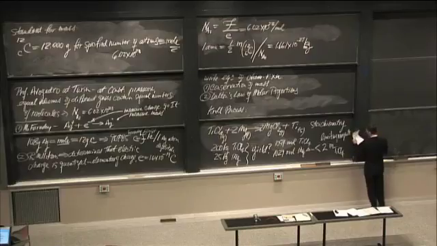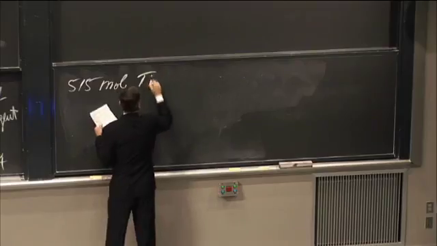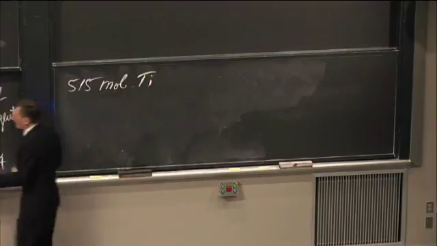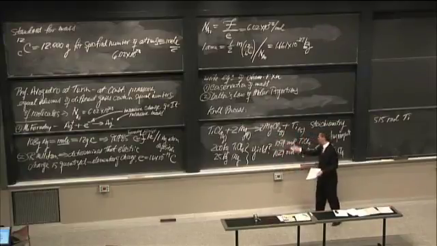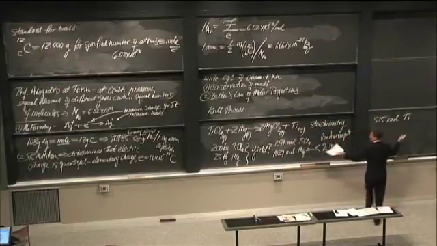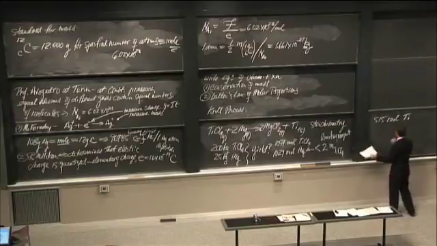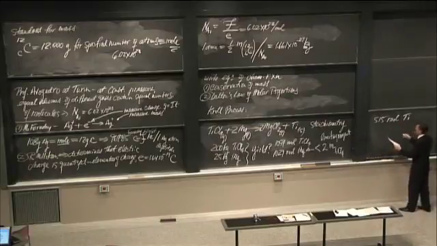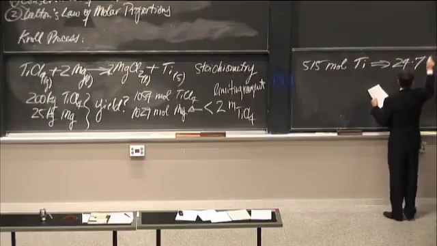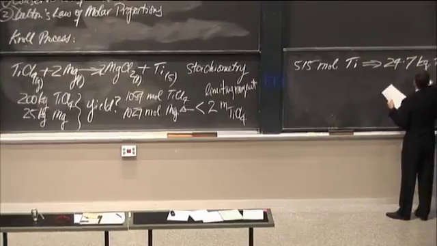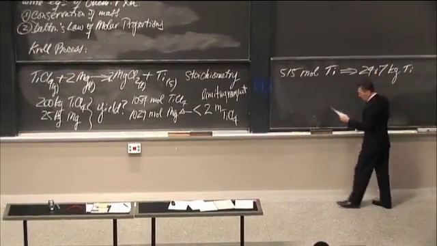So therefore, the amount of titanium is equal to 515 moles of titanium. And you notice I'm not obsessed about significant figures and so on. I mean, it's a metallurgical plant. Half of 1029 is 515. Is it 514.5? If you wish, I don't care. So 515 moles, and then I convert that, which gives me 24.7 kilograms of titanium when I use that amount